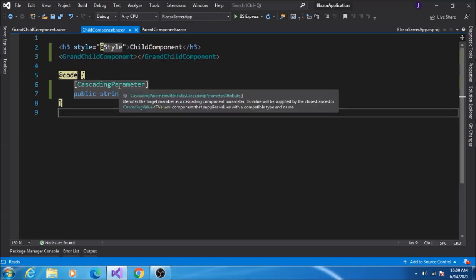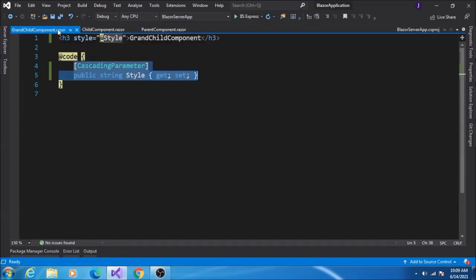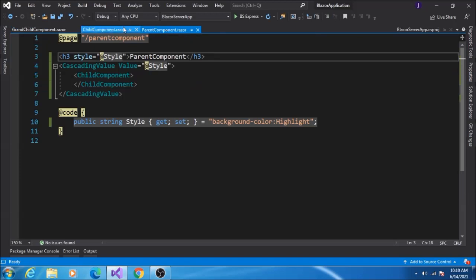In the child component, I have declared a grandchild component, and again I am passing the style attribute. And in the grandchild component, I have declared the cascading parameter for the style attribute. So I am passing the style attribute across all the components.